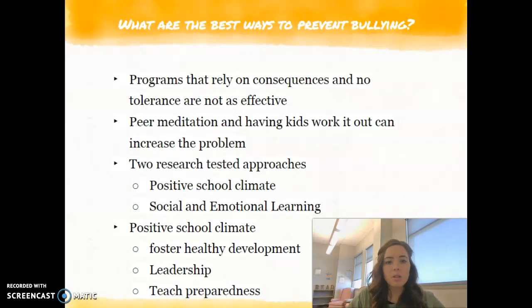The next article was what are the best ways to prevent bullying? This article talks about how programs that rely on consequences and no tolerance are not as effective as some other programs that schools have implemented. It also talks about how peer mediation and having kids work it out can actually increase the problem rather than decrease it. So there's 2 research tested approaches that this article talks about, which is creating a positive school climate